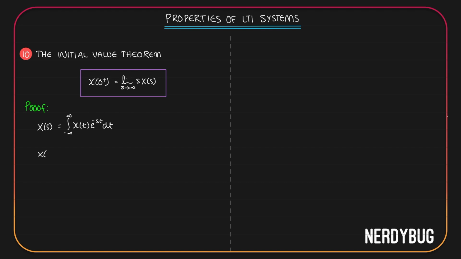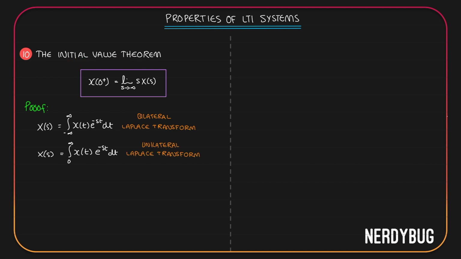So we can write X(s) is equal to integral from 0 to infinity x(t) e raised to minus st dt. In the first case, the Laplace transform extends to both sides of 0, that is to minus infinity and to plus infinity. We call it bilateral Laplace transform. In the second case, it only extends from 0 to positive infinity. So we call it unilateral Laplace transform.